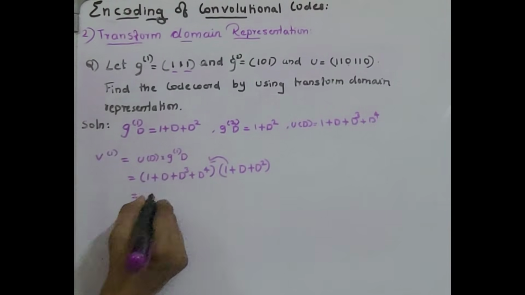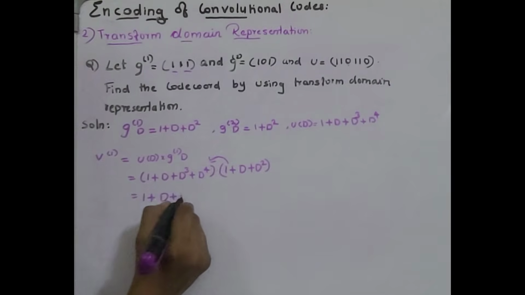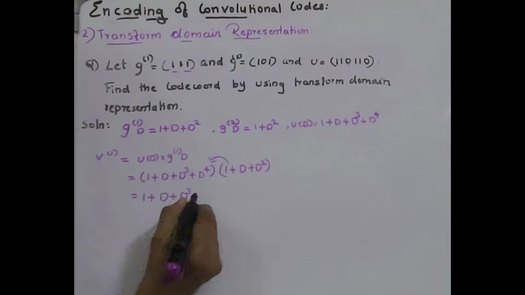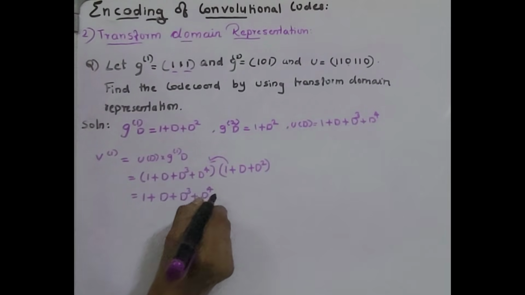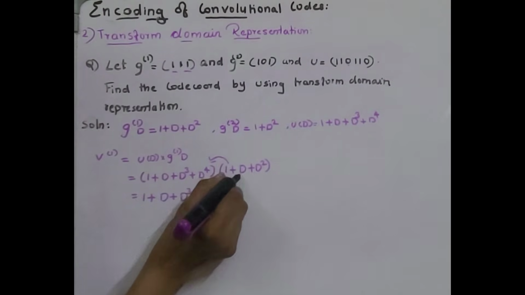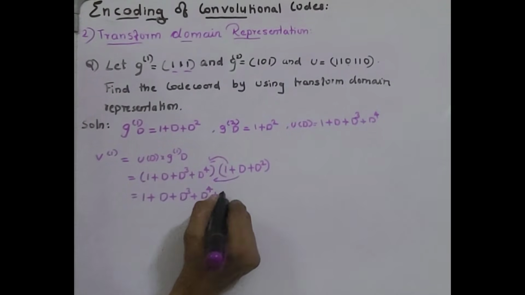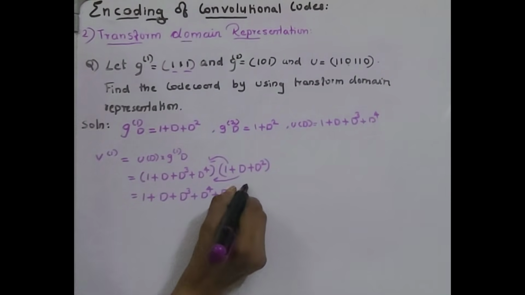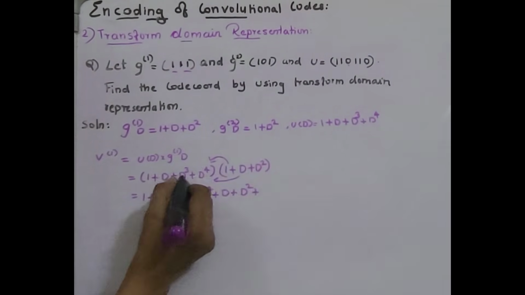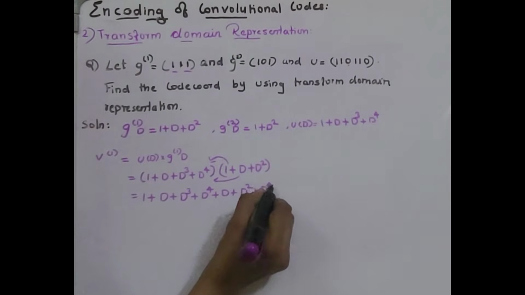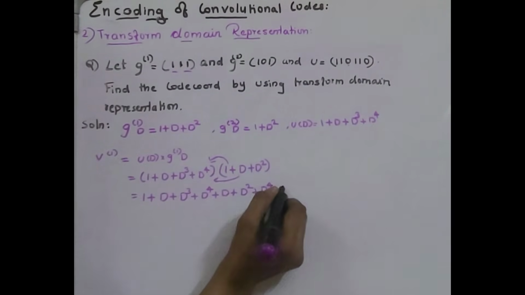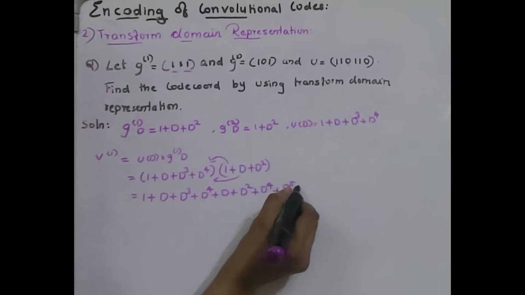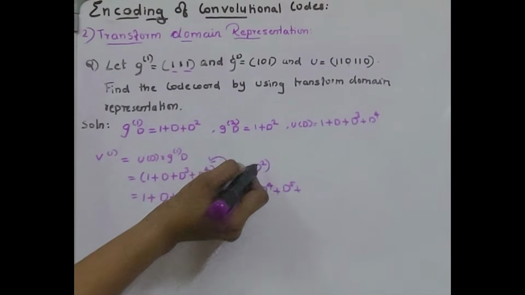Okay, 1 into this term we get 1 plus d cube plus d raised to 4 plus d into all this term. So 1 into d is d, plus d into d is d square, plus d into d cube is d raised to 4, plus d into d raised to 4 will be d raised to 5, plus d square into